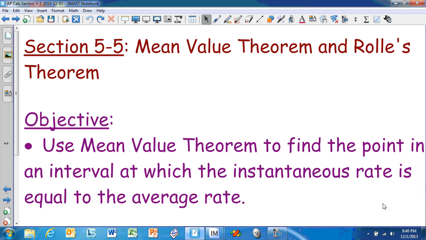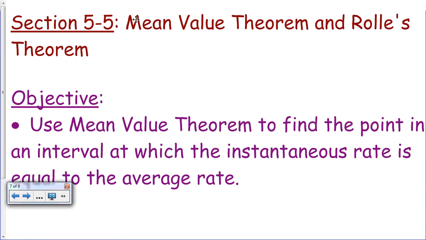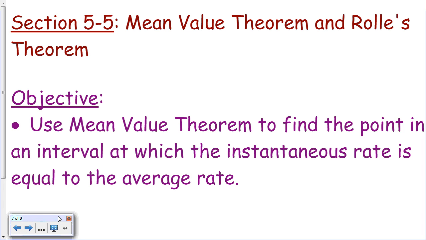Section 5-5 is on the mean value theorem and Rolle's theorem. The objective of this section is to use the mean value theorem to find the point in an interval at which the instantaneous rate, that's f prime at c, or the slope of the tangent line, is equal to the average rate. That's f of b minus f of a all over b minus a. That's the slope of the secant line. And you've already worked with that a little bit and saw that with mean value theorem,